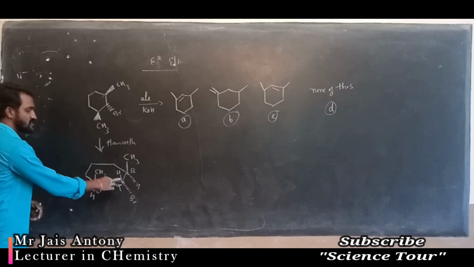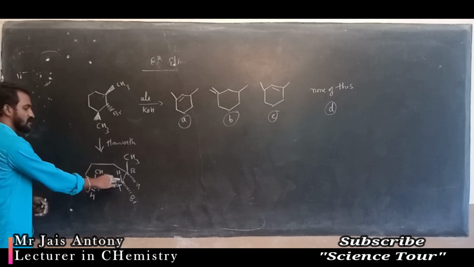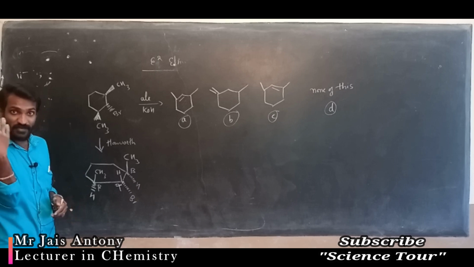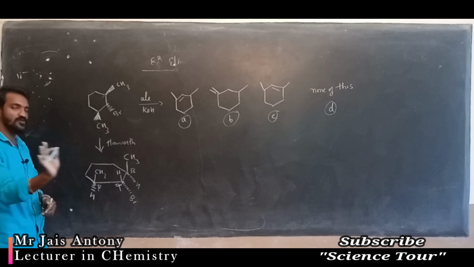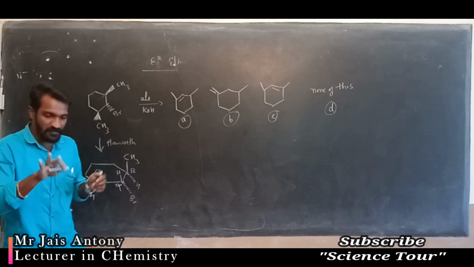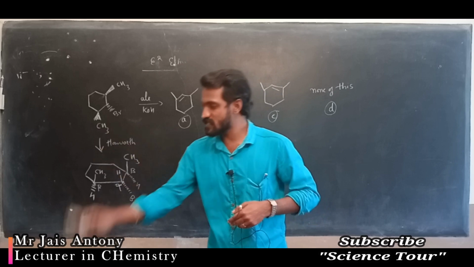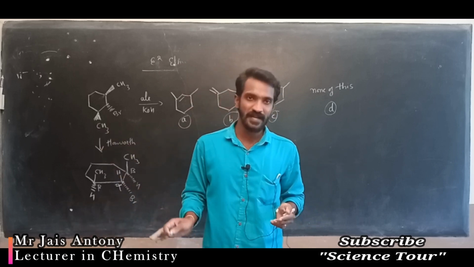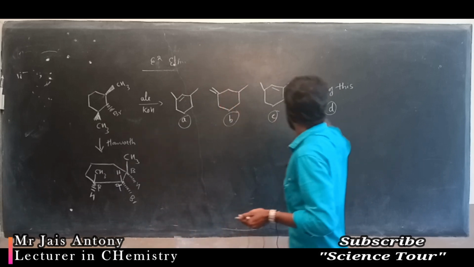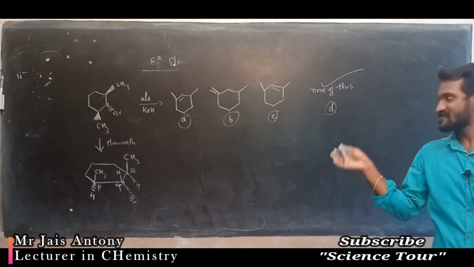Don't get confused. This is the alpha H, attached to the bromide carbon, where the leaving group is attached. Don't expect this to leave. We are removing H from the beta, this and this. Only concentrate on these two. In these two, the hydrogen is facing the same plane. Br is in which plane? Downward. This H is also downward, this H is also downward. That means they are in the same plane. If they are in the same plane, it does not show any E2 elimination reaction. So D is the correct answer. How simple it is, no doubt.